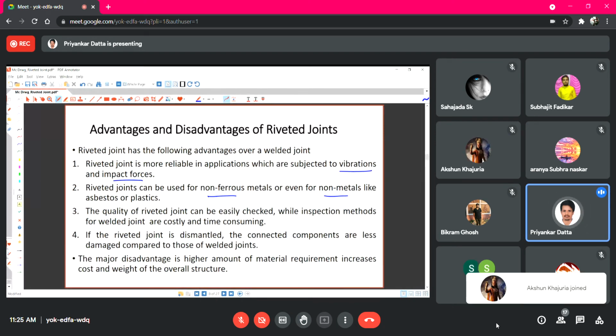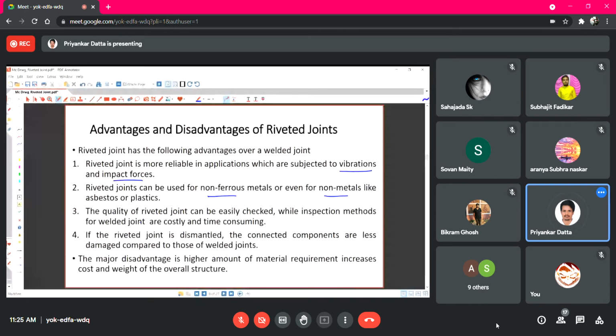Now as I was saying, in case of rivets, one big disadvantage is that the riveting process itself is time consuming, and also sometimes high pressure is required at different orientation or different position. These heavy pressurizing machines cannot be taken there. So these are some disadvantages. Additionally, the added weight of rivets is the biggest disadvantage. A few slides later I'll show you that there are two types of riveted joint. One type of joint additionally uses some plates, where the weight further increases. So that is why this weight restriction is a big problem for riveted joints.